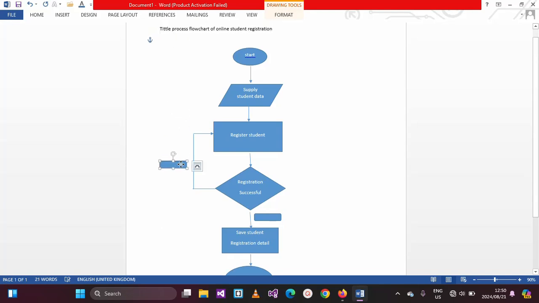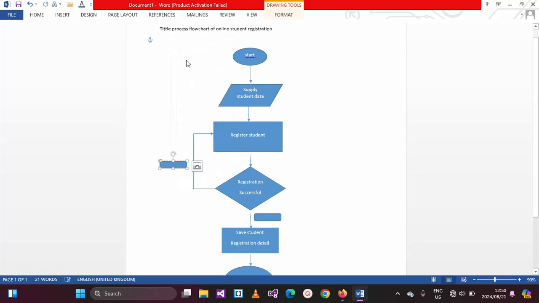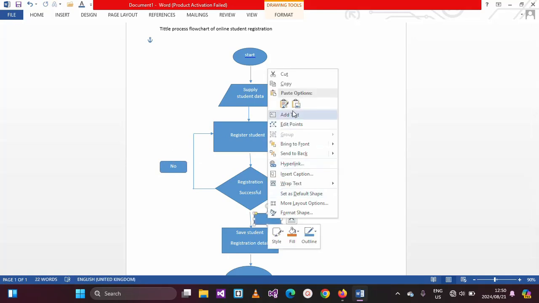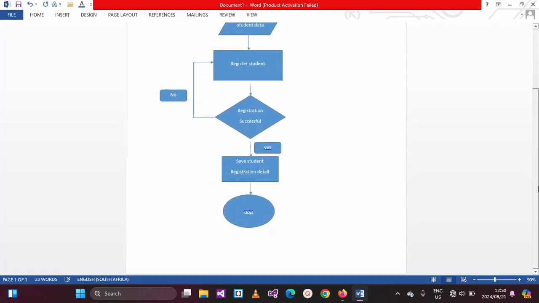Here we add the text. We do this one if only the registration said no. Okay, the box is too small, so it will see the no. There you go, you can see the no. And then we go this way if then the registration said yes. Perfect. Here we go. We are done with our